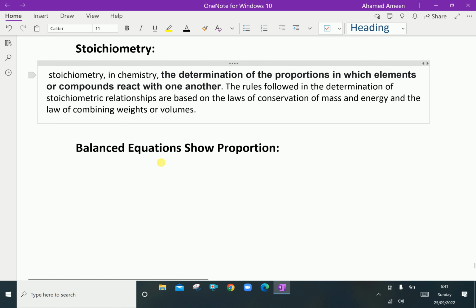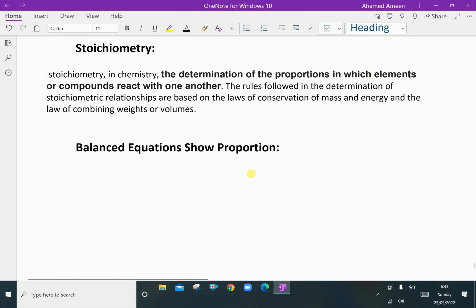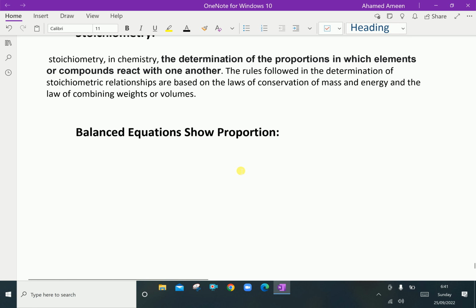Here, balanced equations show the proportion of the substances you have to mix to make a preferred compound. You can interpret the particles in the equation in terms of moles. Suppose a balanced equation is given, the number of particles required is also directly related to the number of moles of each substance. Here, look at this equation. For example,